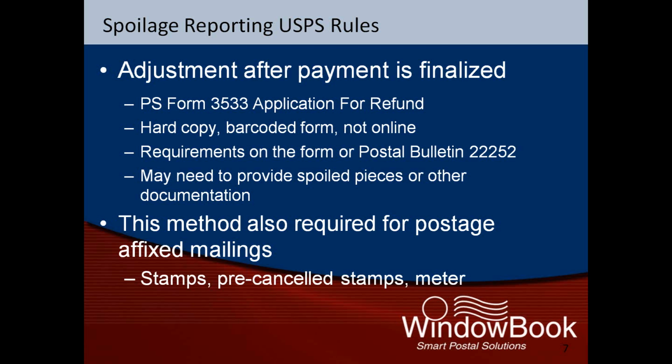As we mentioned earlier, if you have already paid postage and wish to account for spoiled or wasted pieces, the only way to do this is to request a postage refund. To do this, you will need to contact your local post office to obtain a Post Office Form 3533. These forms are available in hard copy only because they have been revised to be uniquely barcoded. Once you have obtained the form, it should be completed following the instructions that are printed on the form. Or you can also get more details by logging on to